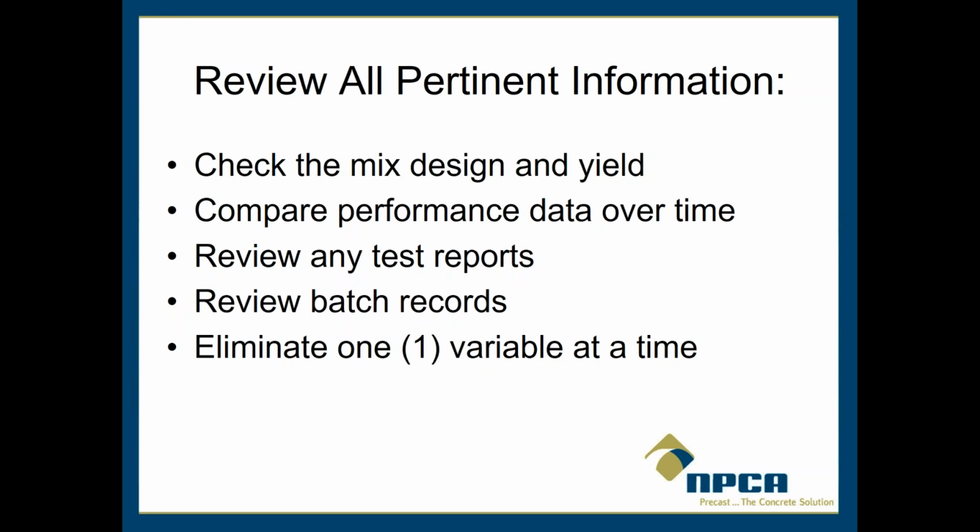And then this is somewhat frustrating when you're really trying to solve a problem quickly. But if you do make changes, let's make one change at a time. So I eliminate one variable at a time. If I change 5 things in my process or 5 things in my mix, then I don't know which of those 5 things